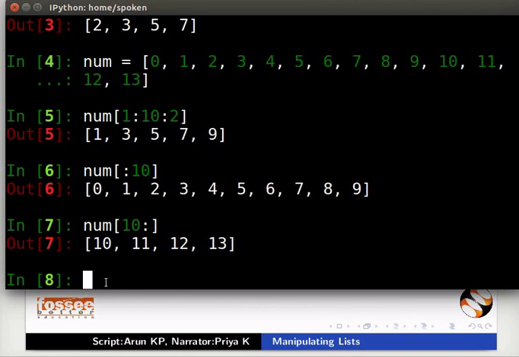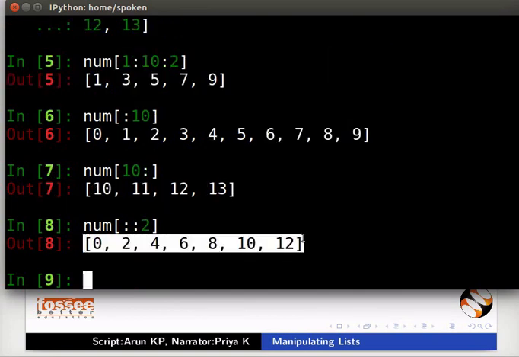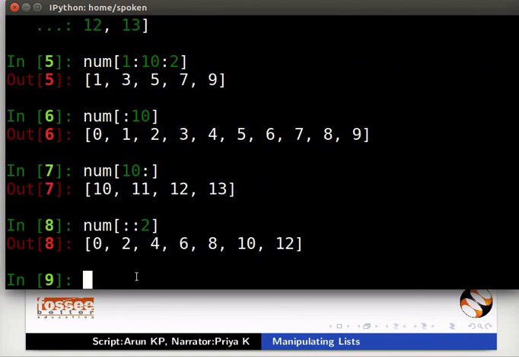Next, let us get all the even numbers in the list num. Observe that all the even numbers are at even index locations. So type num inside square brackets ::2. We got all the even numbers. This is called striding. Pause the video.